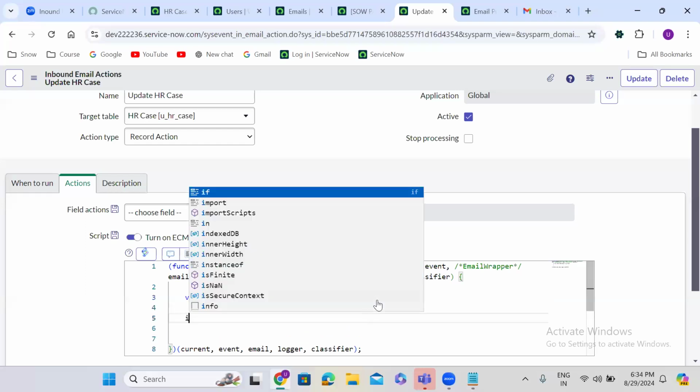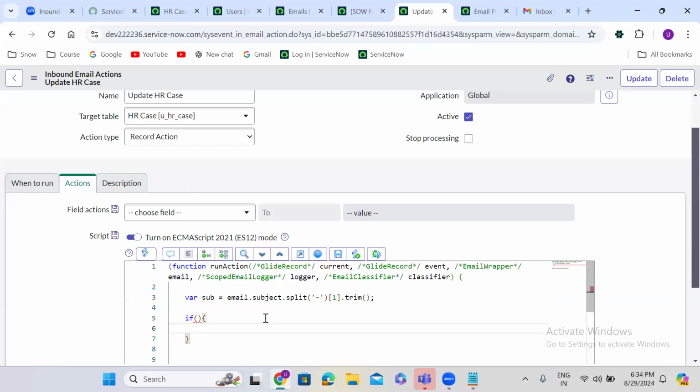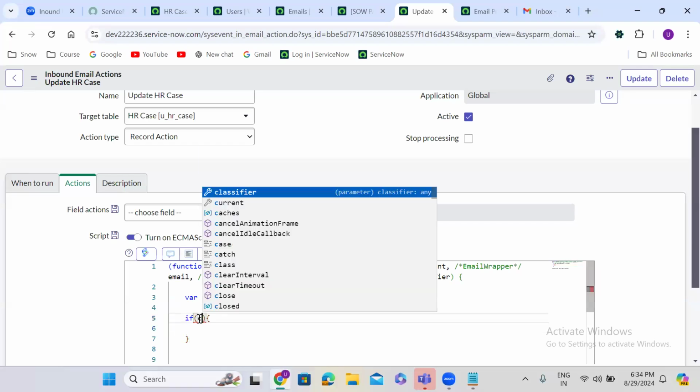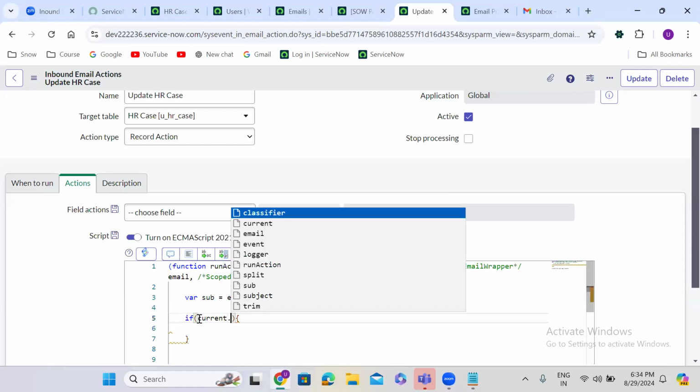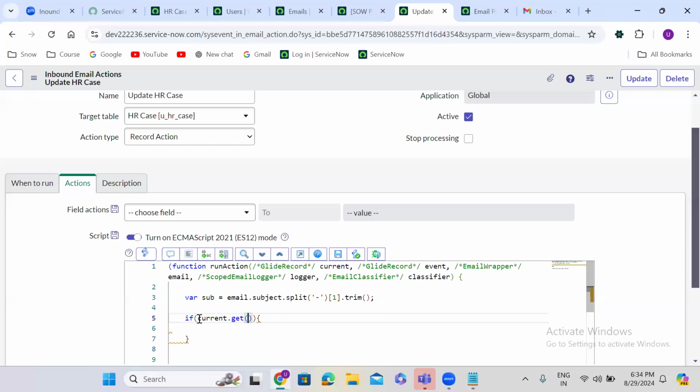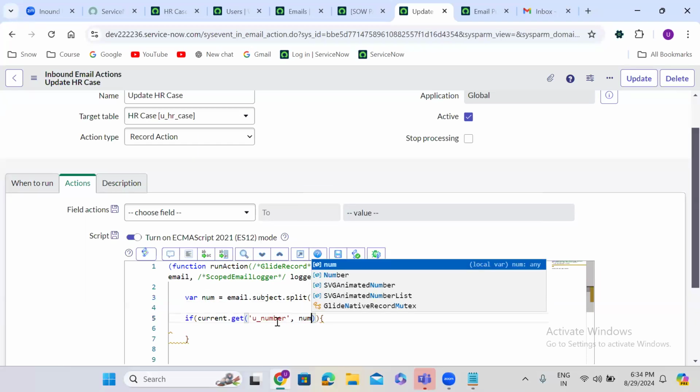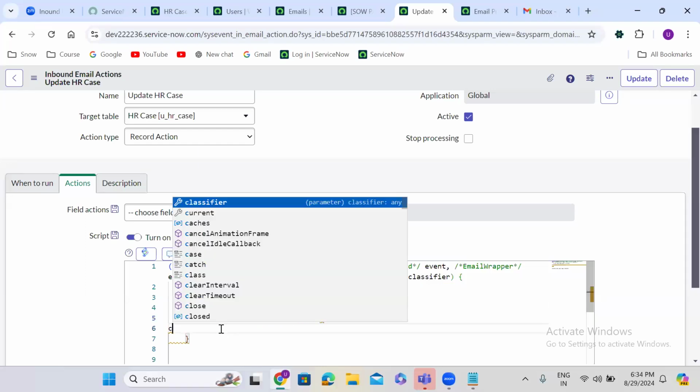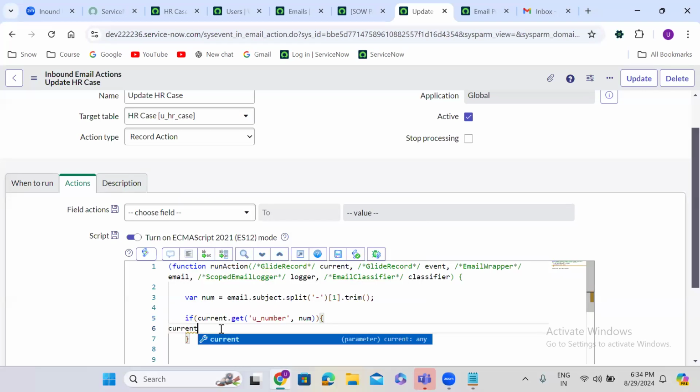So you can use if current.get. Current.get is used to check if the record exists in the table or not. So current.get u_number, comma, number. If the number is there in this HR case number field, then you can actually update it. Current.u_